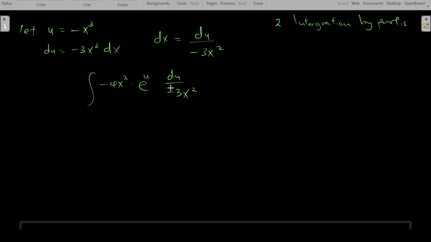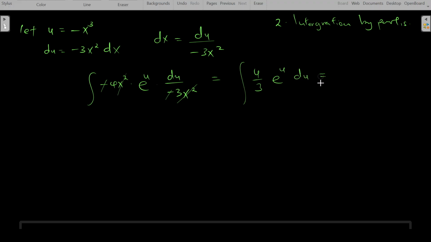As you can see, the negative cancels the negative, and x squared cancels x squared, so I remain with the integral of 4 over 3 e raised to the u